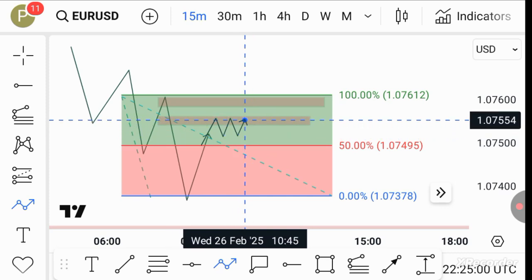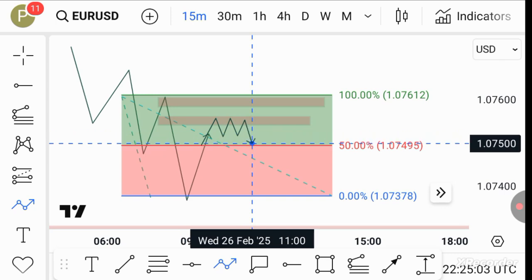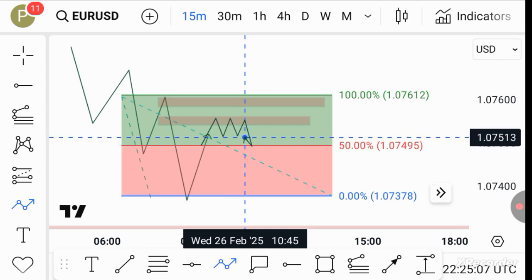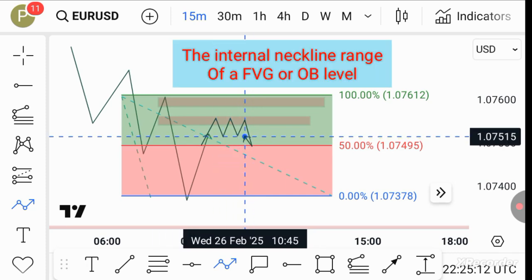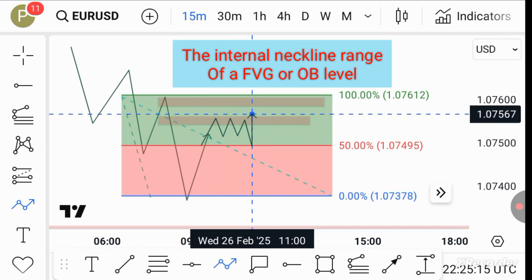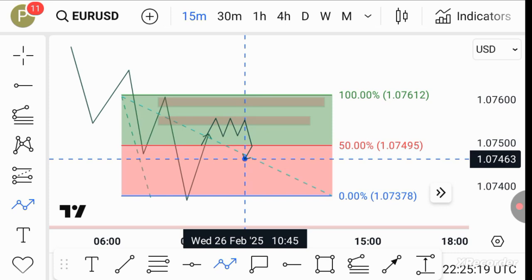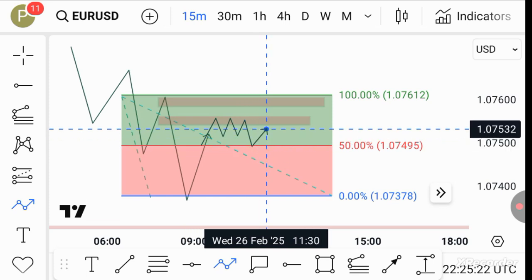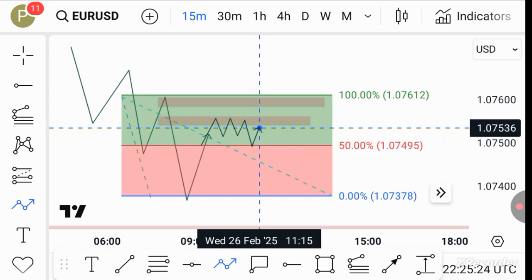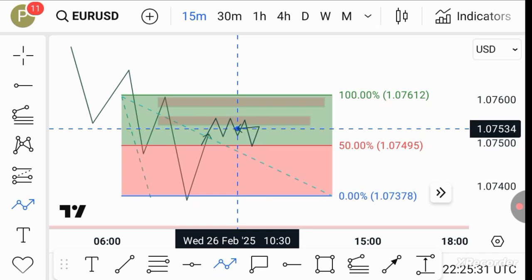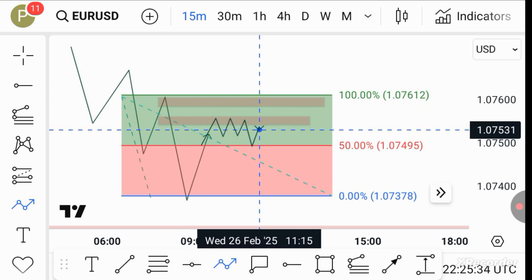As it's consolidating, what you should be watching out for is price breaking the neckline, the support of this fair value gap or the order block level. Okay, once price breaks it, you watch out for a reversal. So here's the reversal, guys. So once price breaks it, it reverses, you make your entry here,